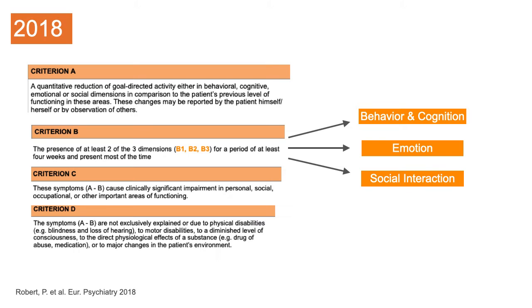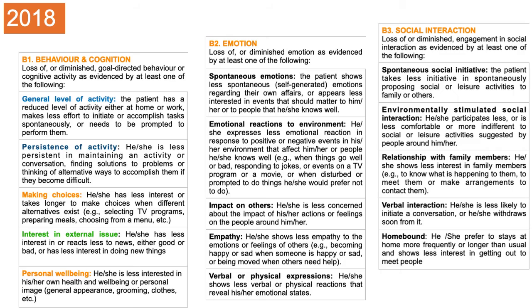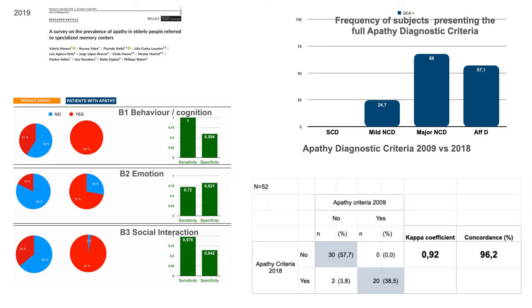In 2018, the third proposal came from an international consensus group including representatives of ISCTM and ISTAART. The first characteristic of these criteria is to propose a new distribution of the clinical dimensions. The first dimension regroups cognition and behavior. The second dimension is for emotion, and finally in the third dimension appear the social interactions. As illustrated on this slide, the second characteristic is to give for each of the clinical dimensions examples, allowing the clinician to easily use the criteria. The match with the 2009 criteria was good.